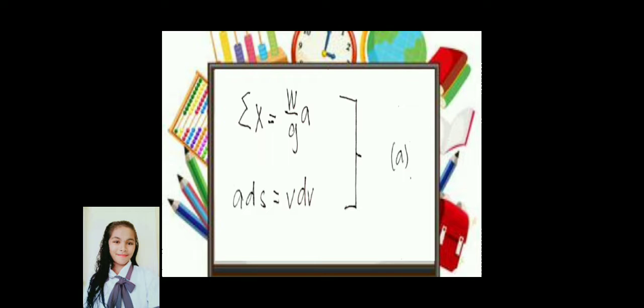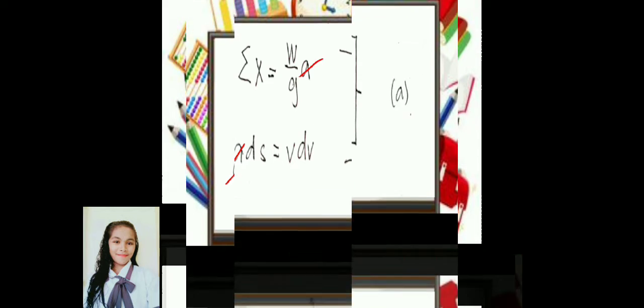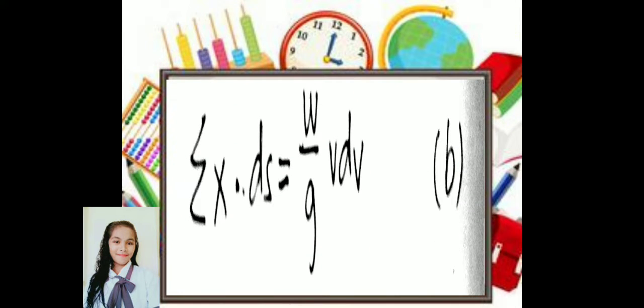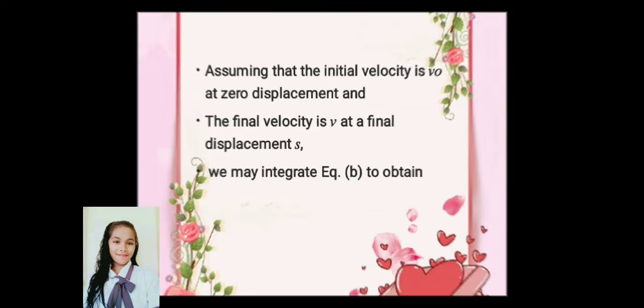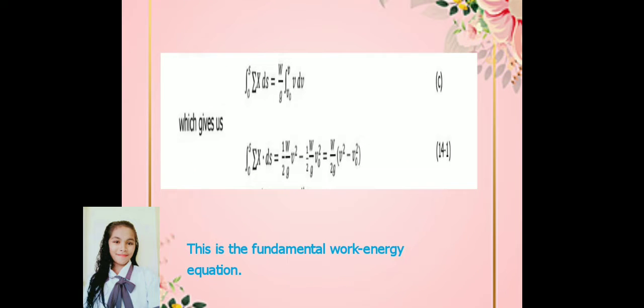Here in equation A, we just need to eliminate a. Let us eliminate this, and this will result in our equation B that defines the differential form of the work energy relationship. Assuming that the initial velocity is v sub o at zero displacement and the final velocity is v at the final displacement s, we may integrate equation B to obtain this equation of the integral of the sum of F ds